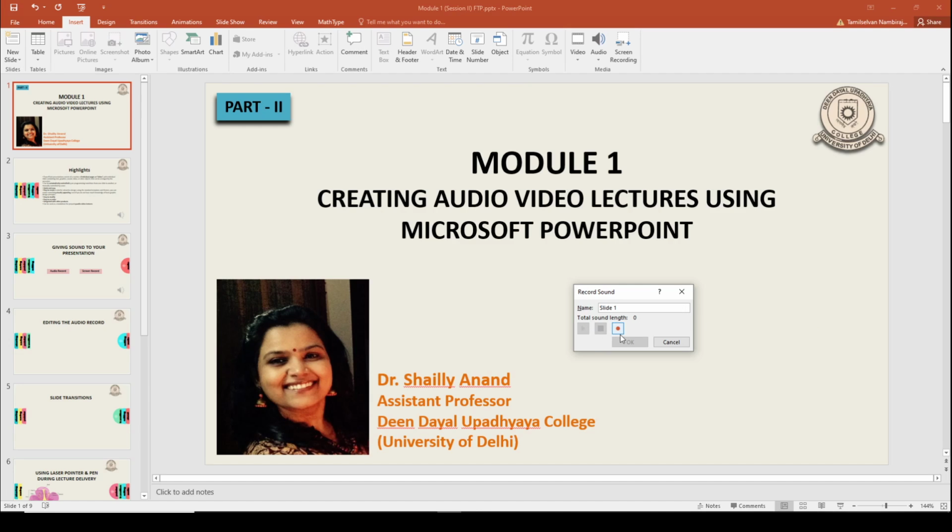Now beneath this you find three different options. So the first box or the square has a play button which is inactive as of now. The second box has a square button. So this is meant for stopping your audio. So this is also inactive at the moment, and the third option has a red dot in its center. So this is meant for starting the record. So as soon as you click on this red dot, everything that you say or you want to record, you can do that using this record option.